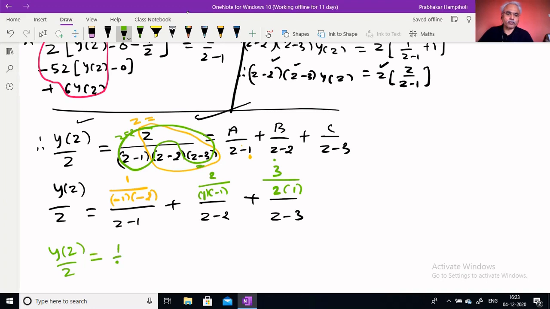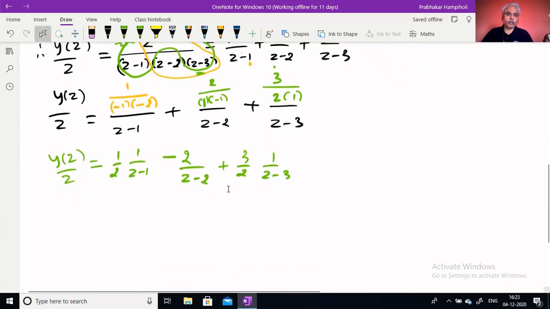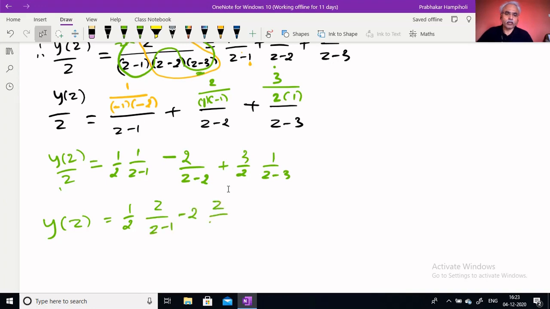A is 1 by 2, B is minus 2, and C is 3 by 2. What remains is to transfer this z to the right hand side and retain y of z, exactly the perfect shape for inverse transformation, plus 3 by 2 times z by z minus 3. So taking the inverse z transformation, z inverse of y of z